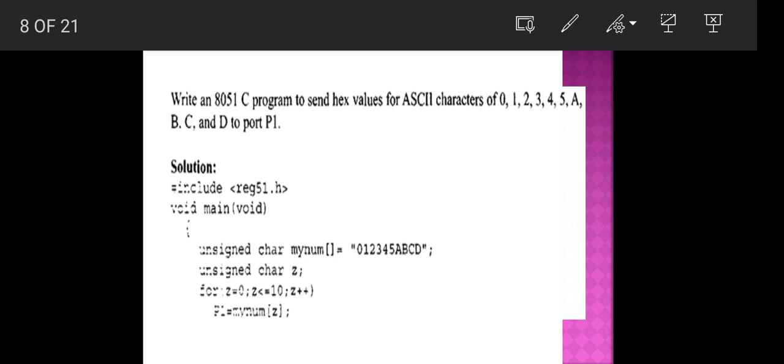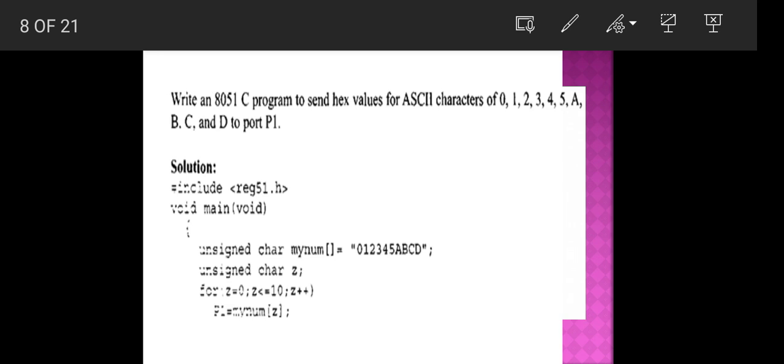We take the characters 0, 1, 2, 3, 4, 5, A, B, C, D only. Then unsigned char z. The total characters given are 10. In the for loop we use the first condition z = 0, then z <= 10, and z++.